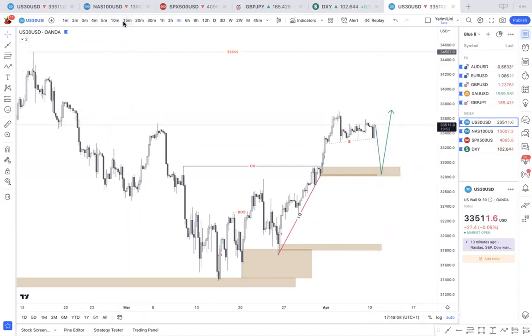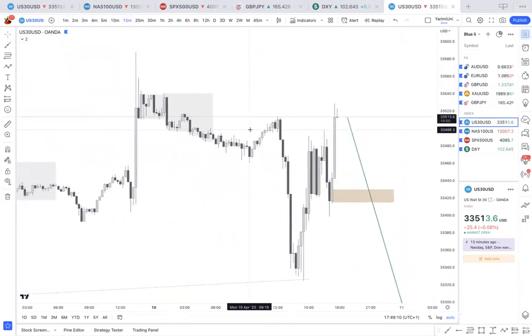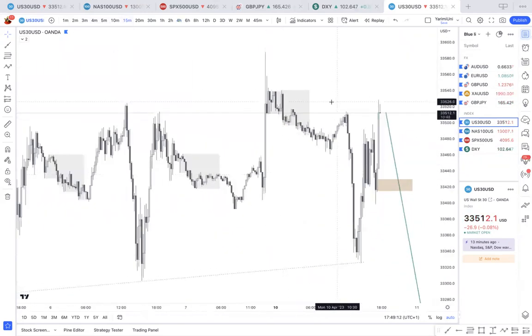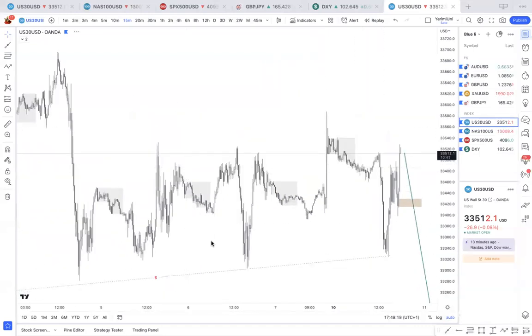In the meantime, on an intraday basis, what you can do is wait for price to take one of the Asian sides in terms of the low, because we're bullish, and then take the high. And as you can see here, in most cases, price took the low first and then took the high. In this case, it didn't. It took the high first, but then it came back to the low, and then went back up. But in this case, it took the low and then took the high. And in this case, it did it again.